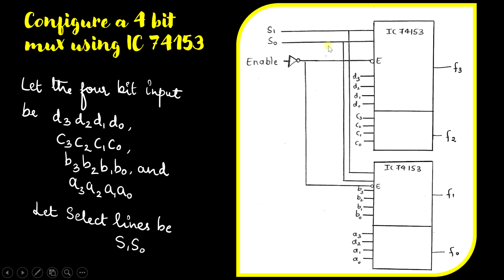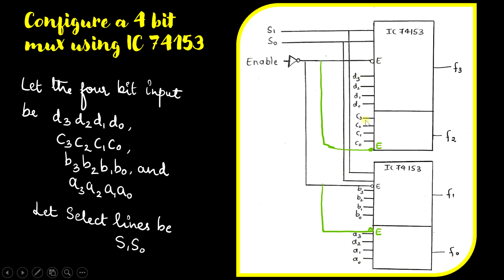Because the select switches are the same, we write them on the upper end. In a similar manner, if you want to represent the enable pin to be common for both the muxes, I can write it on the top. Or there is another way of representation, like the way we had represented for the initial IC, wherein I can use the enable pin again to show for different muxes, and I have shown that in green color. So this is how you configure a 4-bit mux using IC 74153.